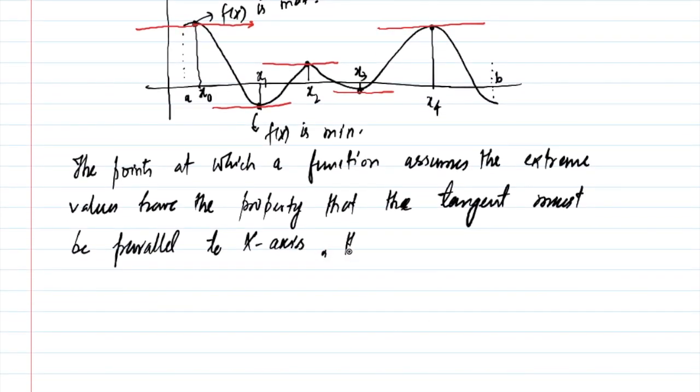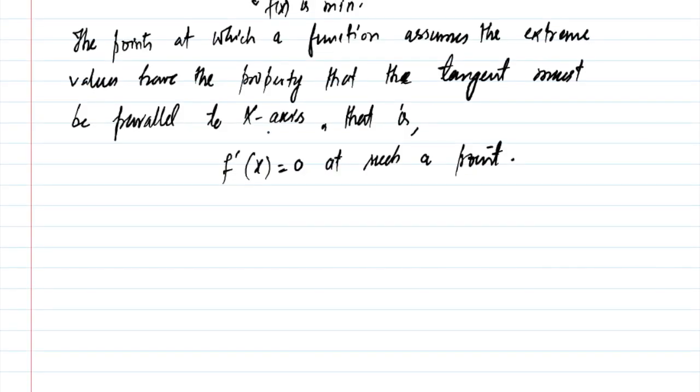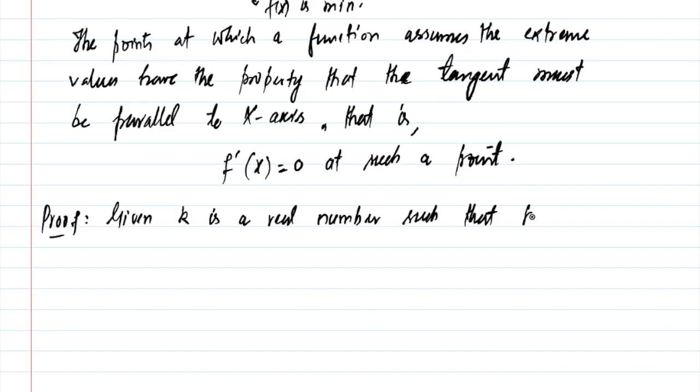This, in terms of functions, means that f dash of x is equal to 0 at such a point. Now, keeping this property in mind, we can easily prove Darboux's theorem. So now let's begin with the proof. We are given that k is a real number such that k lies between